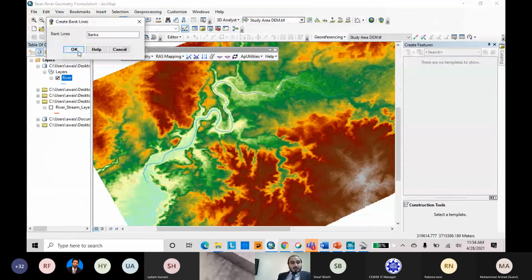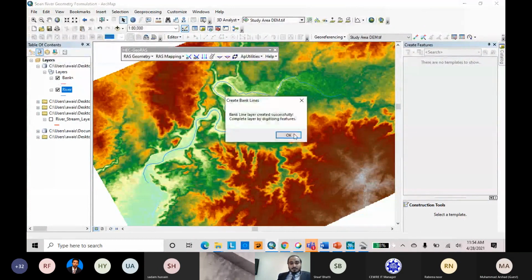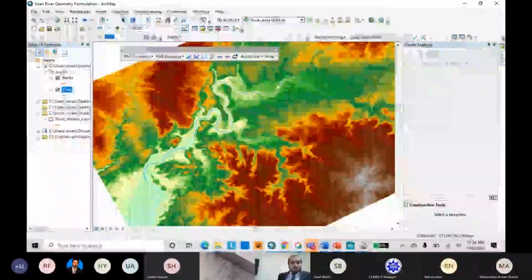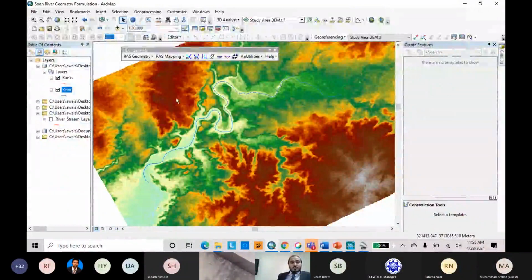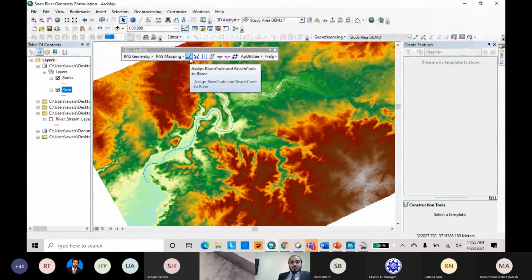Second is bank lines. Before going to digitize the bank line, I prefer to assign the ID to my river, which consists of the river name and reach name.